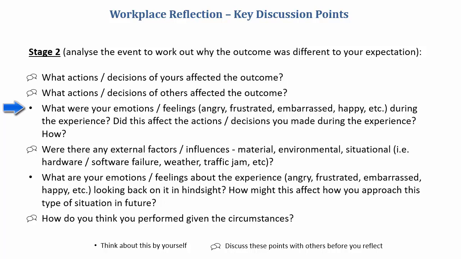So again, you want to think through your emotions while you were going through the event and think about, did this affect your actions and decisions in some way? And if so, how did it affect your actions and decisions? The next thing you want to talk about is, were there any external factors or influences that might have come into play? And these could be material, environmental, situational things, non-human factors. That could be things like a hardware failure or a software failure, might be a weather event, it could be a traffic jam,